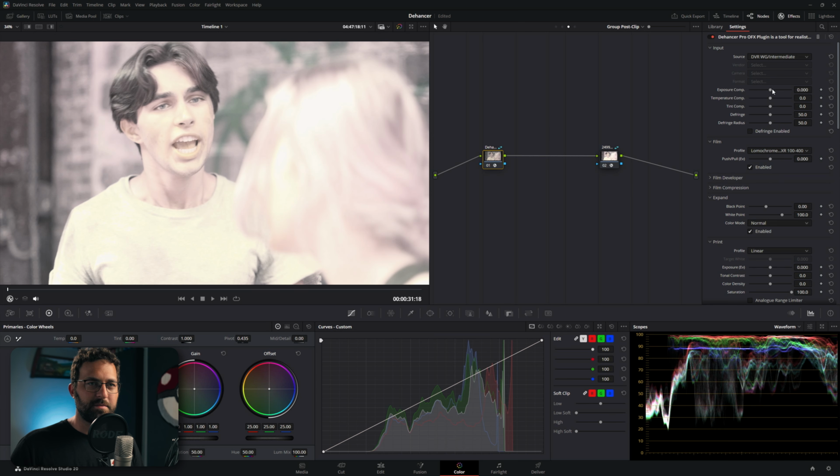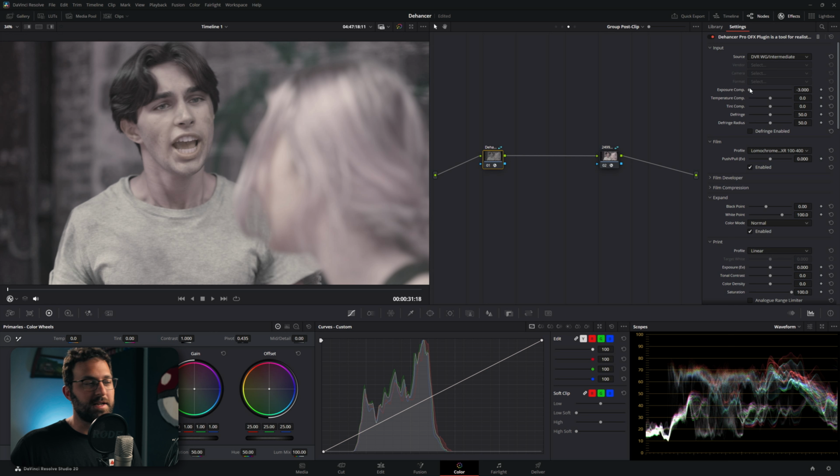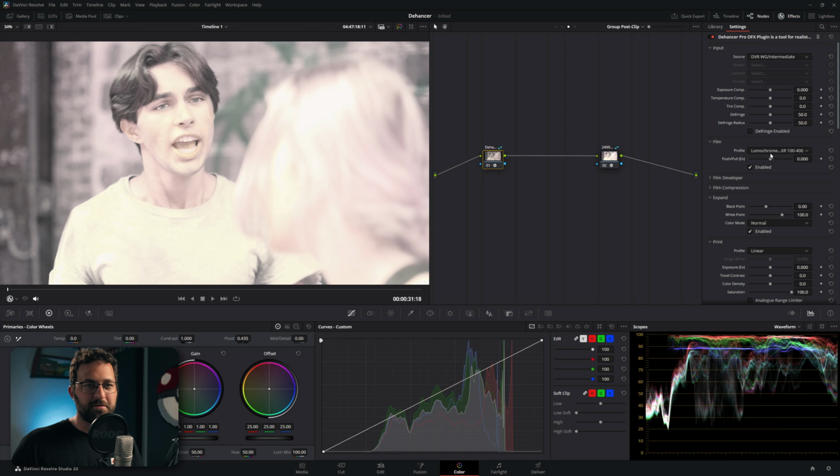And if I bring the exposure compensation down, you'll see what weird, interesting look that it's giving, which is intended, of course, but categorization would have made it easy to find the exact type of stock I was looking for, and makes it easier to sort through. But overall, I really like the selection, and the looks that it gives are